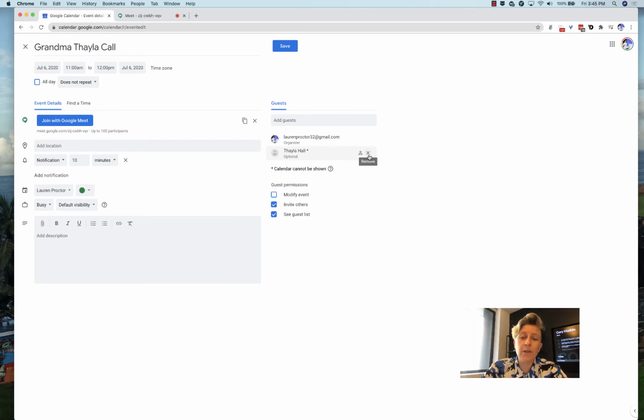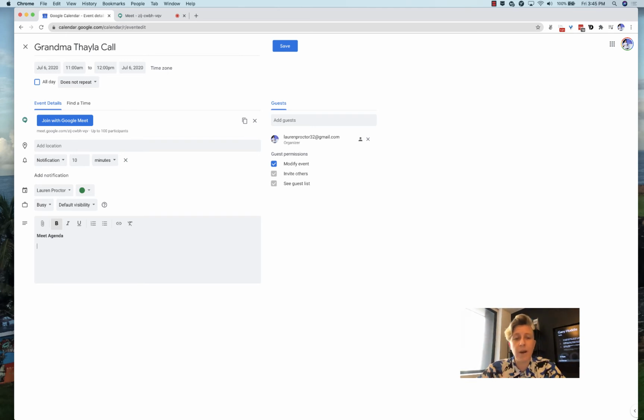Say you accidentally added someone and you want to take them out, you just click remove, and then you can also make it so that guests can modify the event. This is good if you have a staff and you want them to add to your meeting agenda. So what I'll do a lot of times, every meeting that I run from a work perspective should have an objective. There should be something that we achieve by the end of the meeting, or else why did we meet? So we will create an agenda, outcomes and goals of, do this, and then,